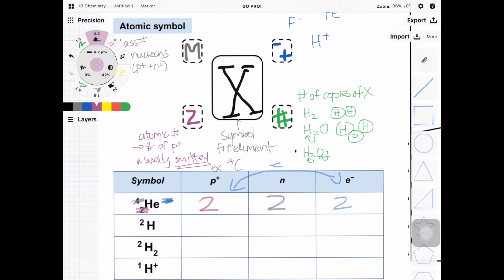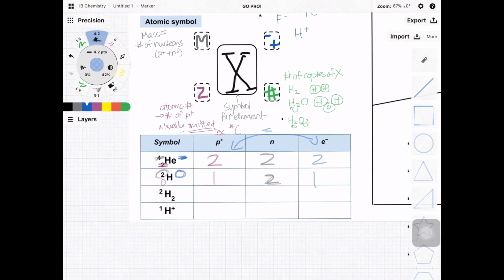Taking a look at the second row, we have hydrogen that has a mass number of 2. You'll notice that there's no atomic number because we can get that from the periodic table. It's the atomic number 1, so it has 1 proton. Now I made a little mistake here. This should say 1 neutron because we need to subtract the number of protons from the mass number, and again the charge is